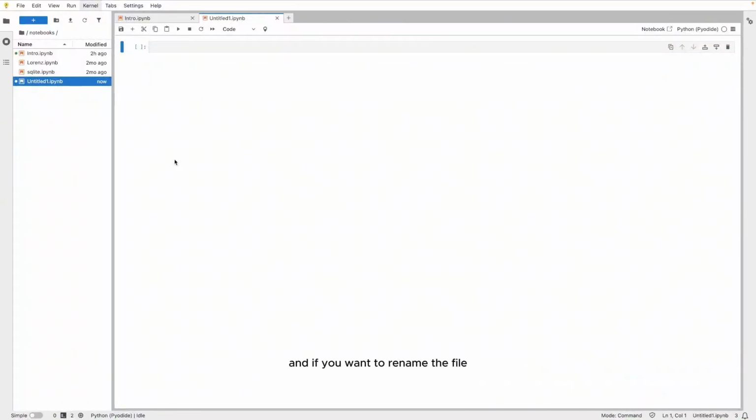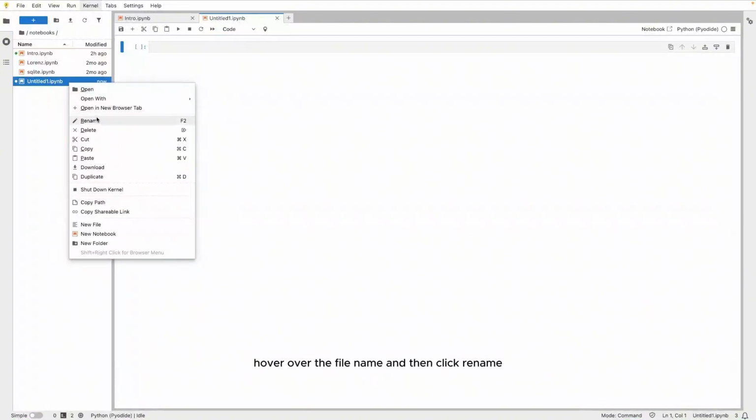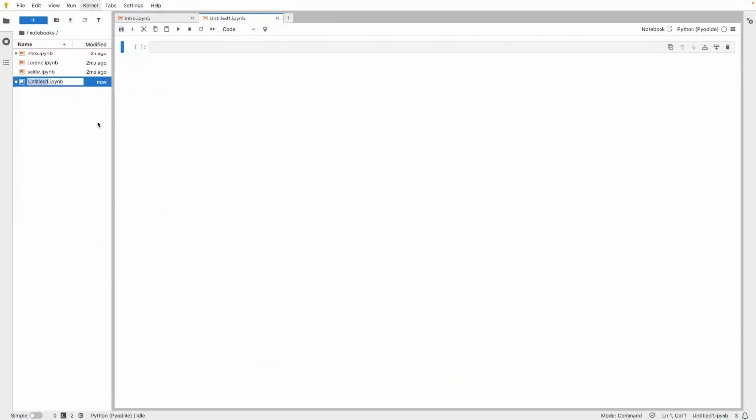And if you want to rename the file, you can locate the file and hover the cursor over the file name and then click rename. That's it.